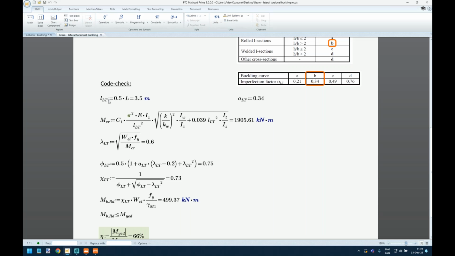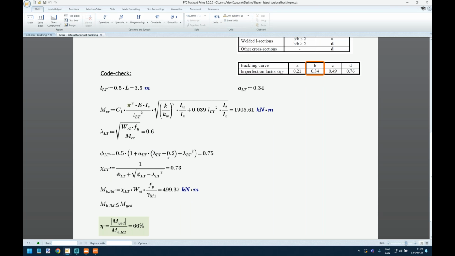So the buckling length is half of the length of the beam, and then we calculate the critical moment and other factors that just gives us some numbers, right? So we just input the parameters and we end up with the moment resisting towards the stability,